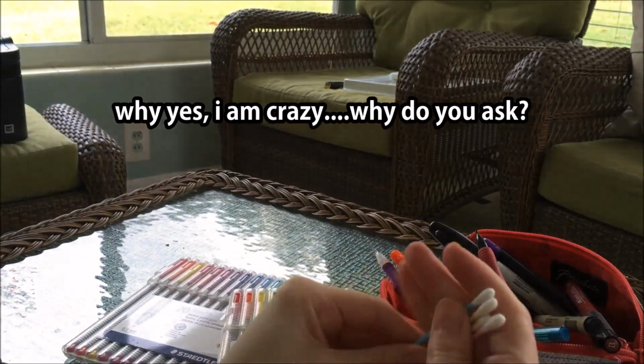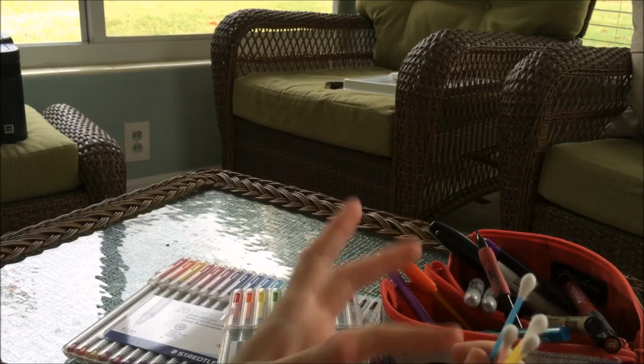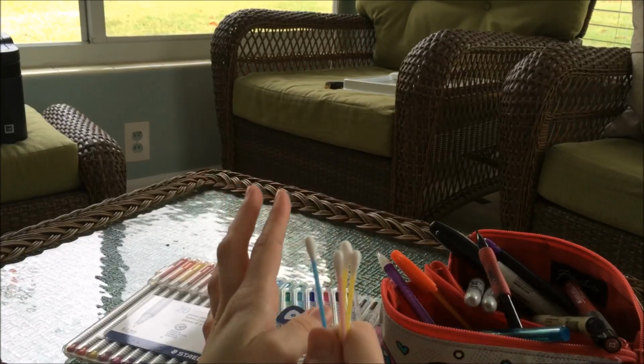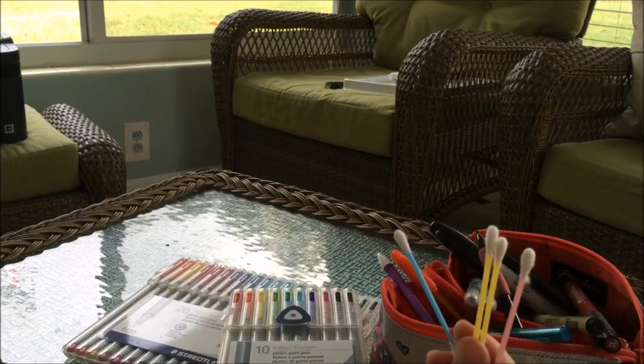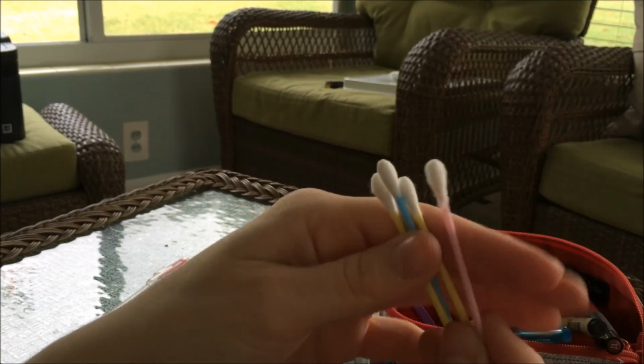The train has left the station. The theoretical train that's inside my head running my brain right now, it's left the station. And I completely forgot that these are called Q-tips. I use Q-tips and I use them